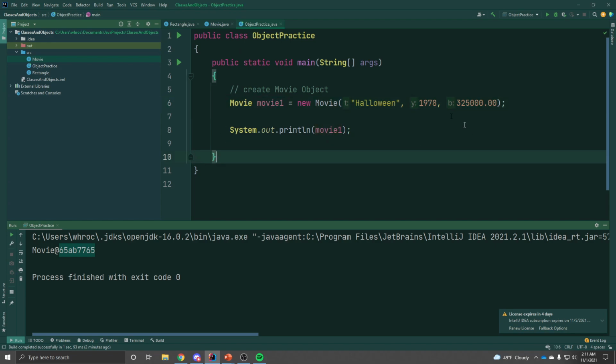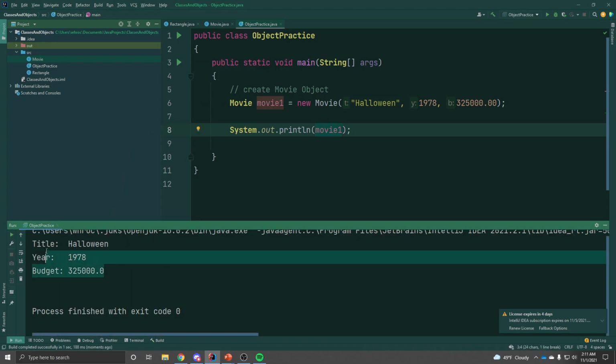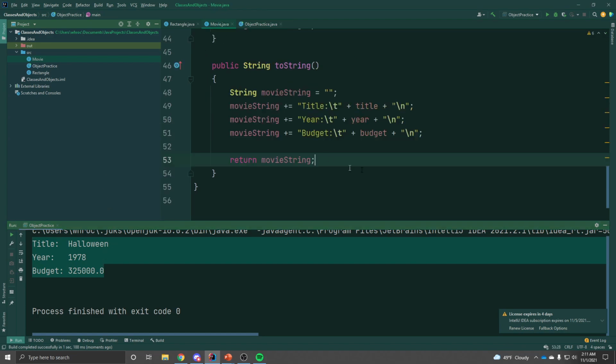So back over here, I'm not changing anything in this class. I'm still going to print out the value of movie 1. But now we can see that it used my toString instead of showing me that memory location. That's what a toString method allows us to do. And I could get even more